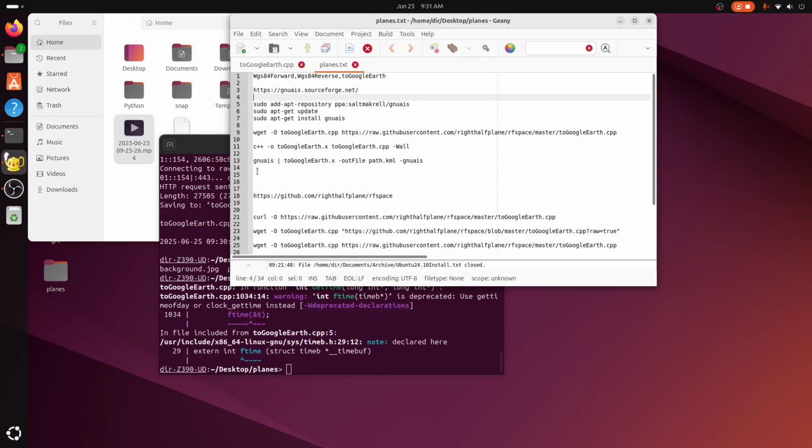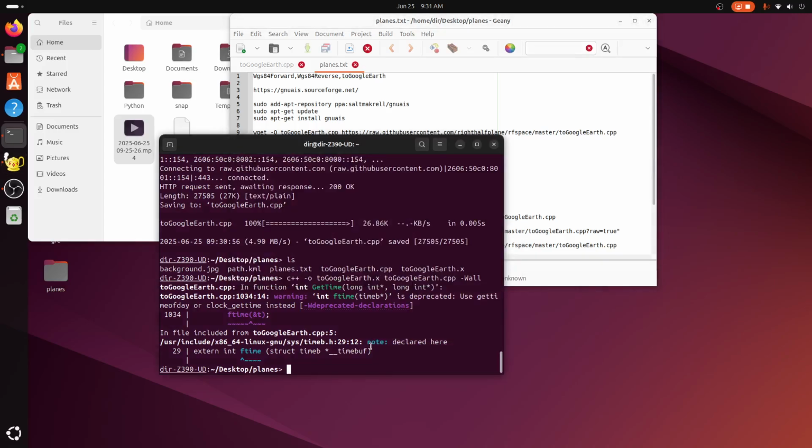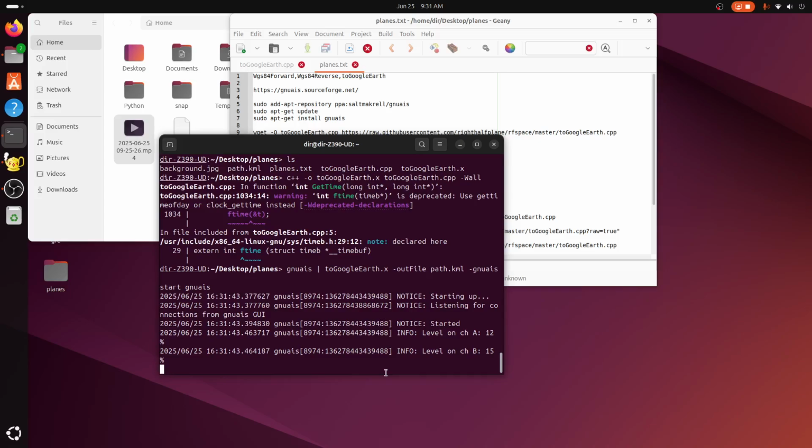You run GNU AIS, pipe it into toGoogleEarth, and then toGoogleEarth writes the output to a local file. Copy, paste,